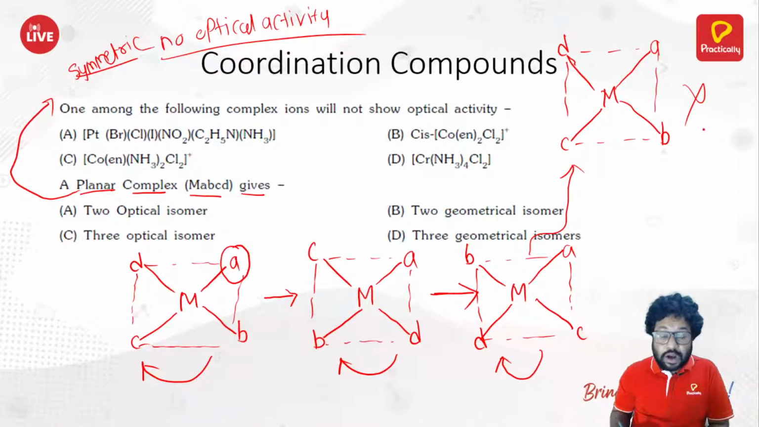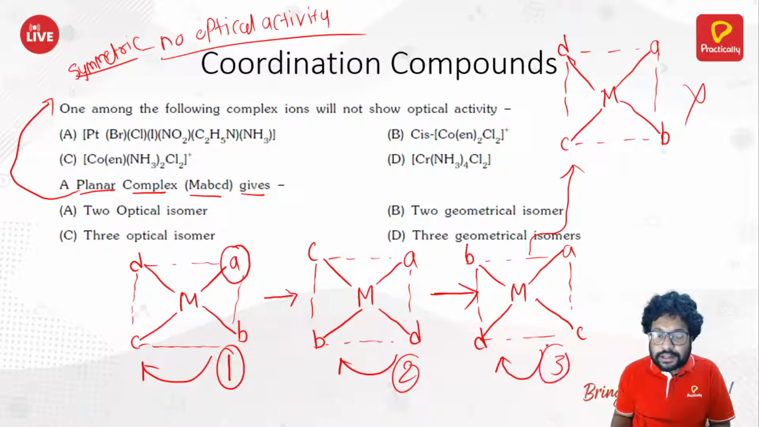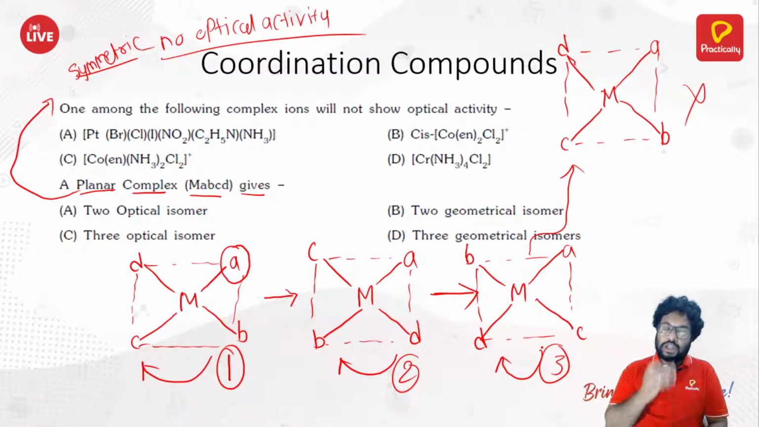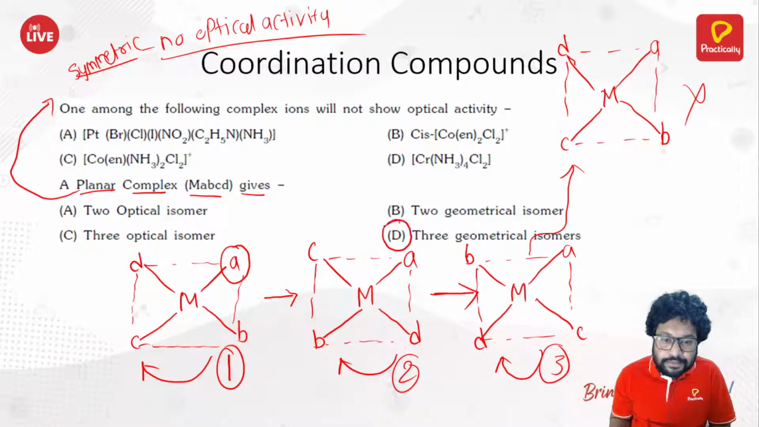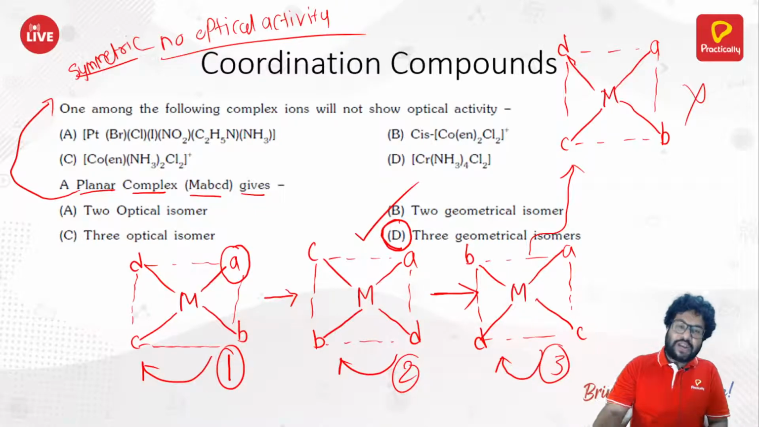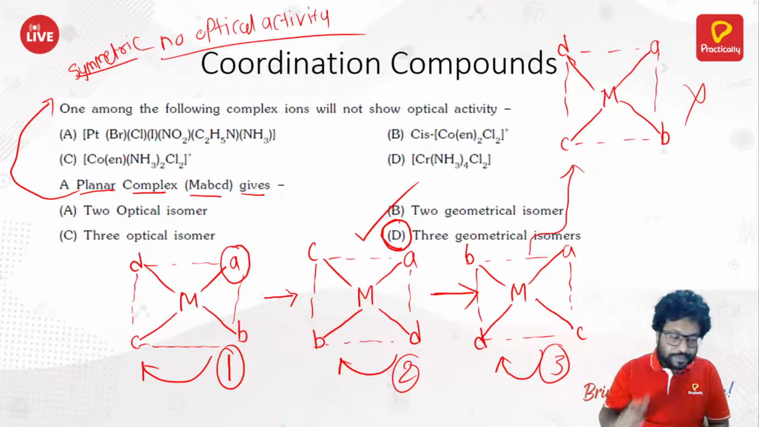So how many geometrical isomers are you getting? 1, 2 and 3. So you are getting 3 geometrical isomers, and where is that present? Yeah, it's present in D option. And that is why our answer should be D here. Okay. Chalo, I hope you really enjoyed this session. Chalo, moving ahead with this,